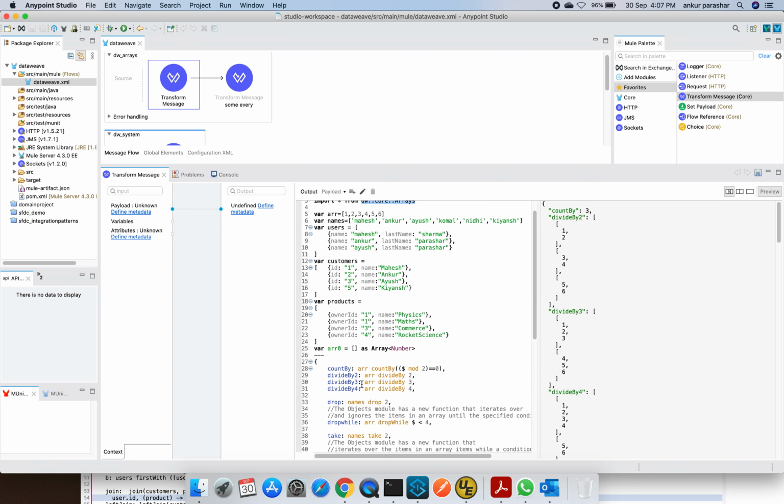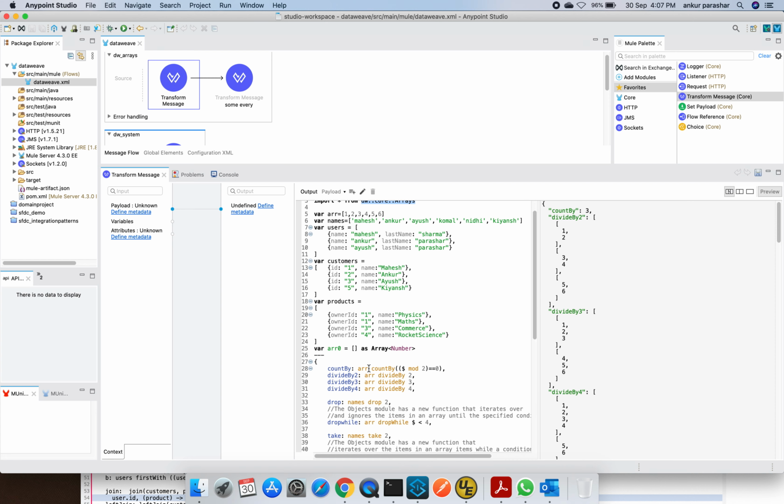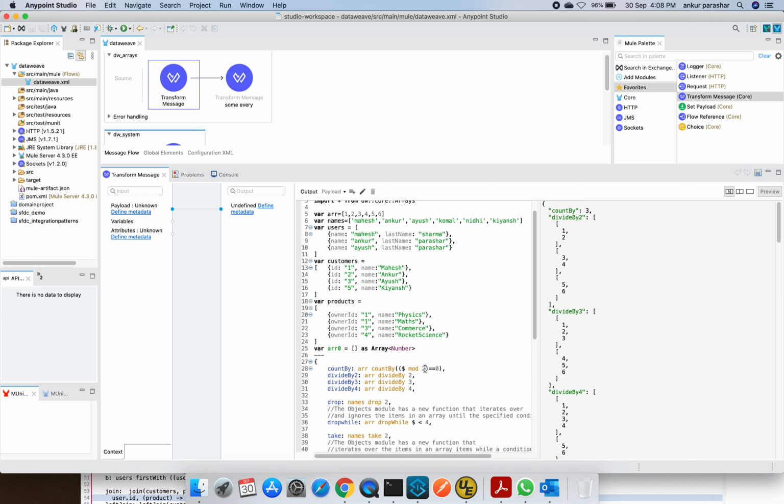The first function we are going to discuss is countBy. countBy will make a count based on a particular condition. Here we are taking the ARR variable as an input. It has 6 elements, numbers 1 to 6, and we are making a count of those numbers which, when divided by 2, have a remainder of 0.